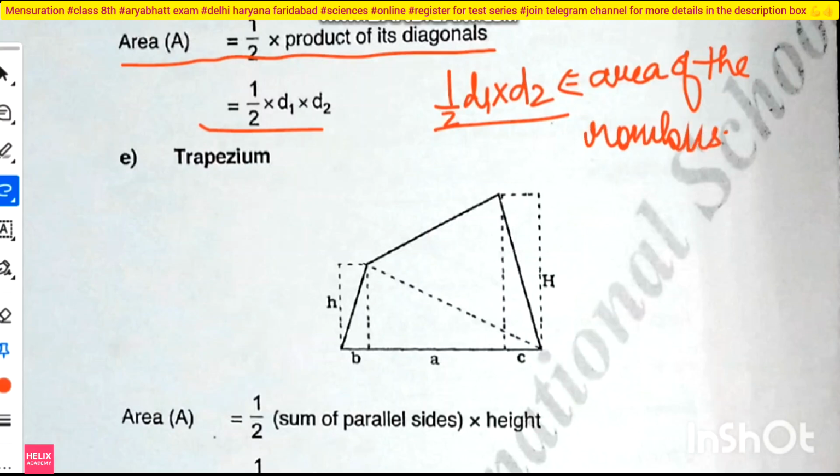Now see, trapezium. What is the property of a trapezium? Trapeziums do not always look like this. There is a condition for which kind of trapezium, and only then do we have it this way. Suppose in general we have this kind of trapezium. So see, we have two heights, right? I can draw a height from here also, a perpendicular distance, and from here also. So the sum of the parallel sides into the height gives the area of the trapezium.